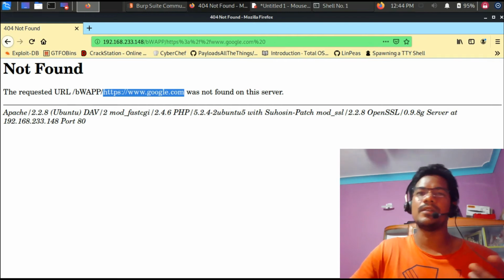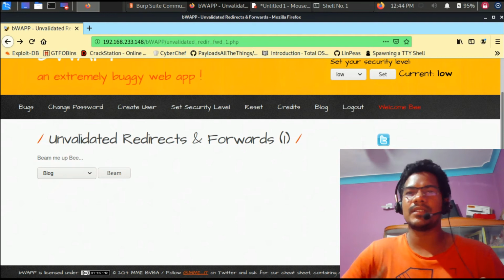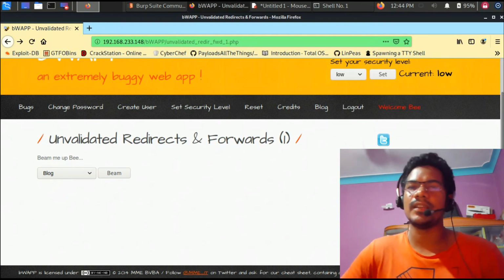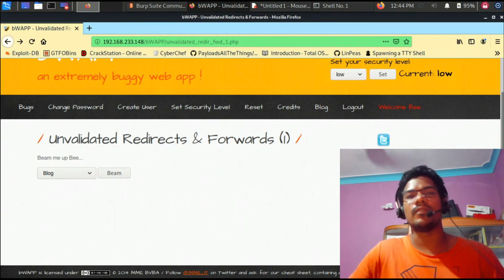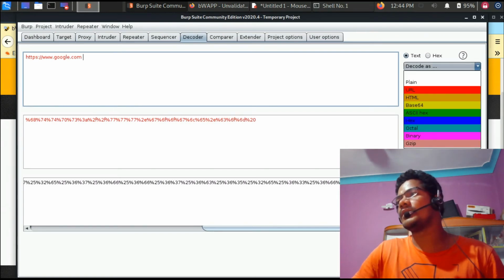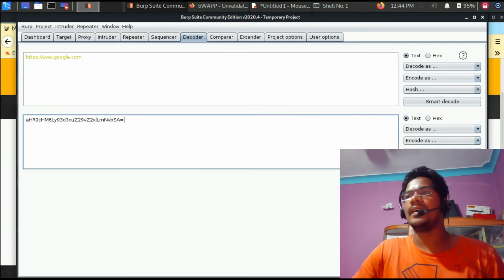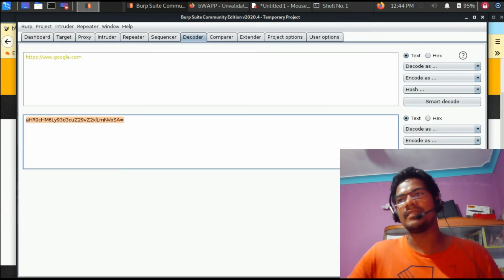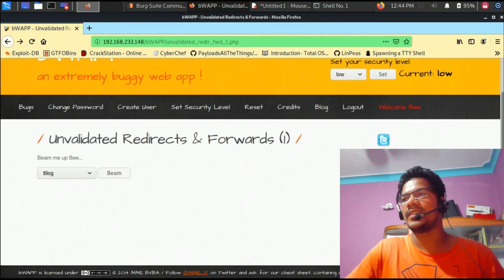So this is one of the basic ideas I want to show you: sometimes the double URL encoding works, sometimes the single URL encoding works, sometimes even base64 encoding works for bypassing some of the protection. So what the attacker will basically do is, instead of this, they will simply say encode as base64, and provide this particular value, and if this goes through, then you will have this URL redirection bypass. Let's go ahead and try this.